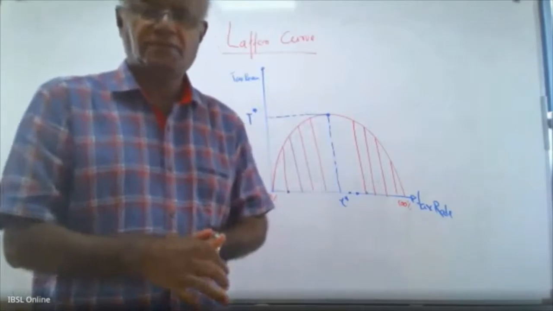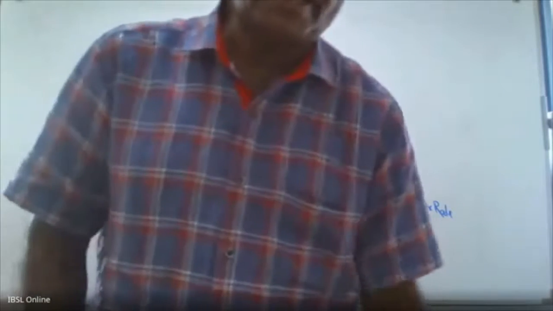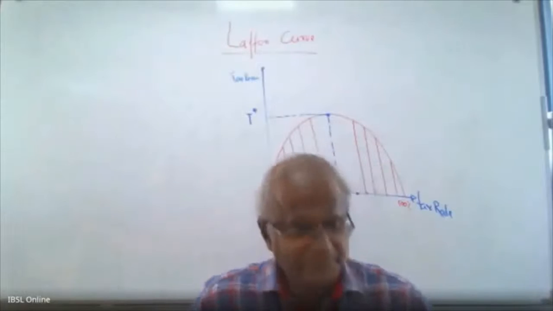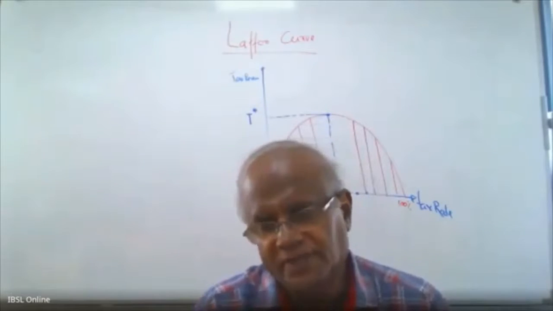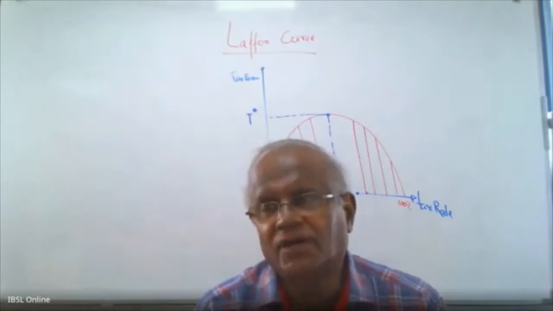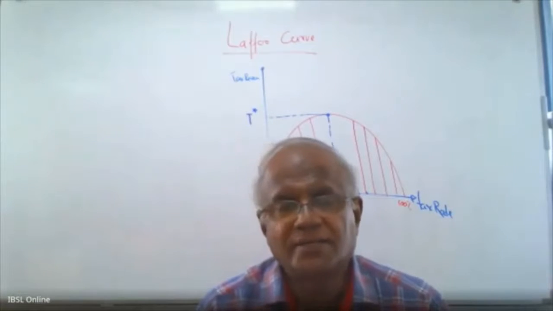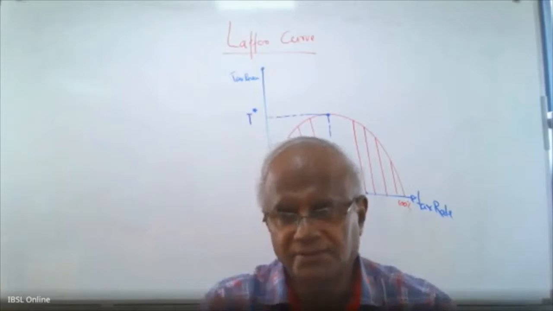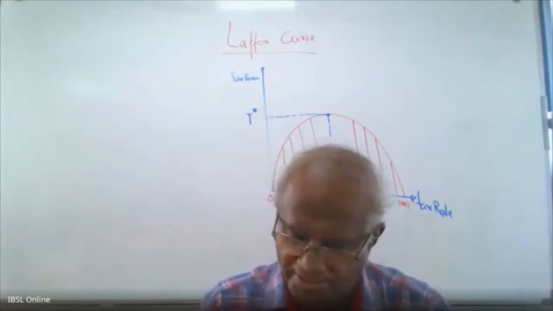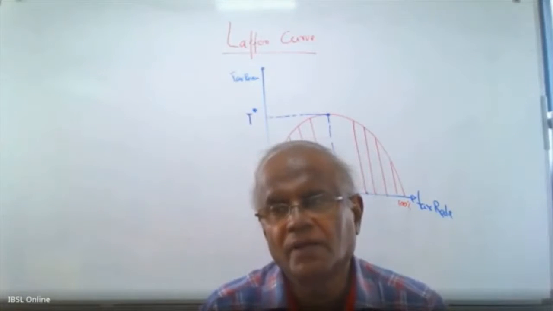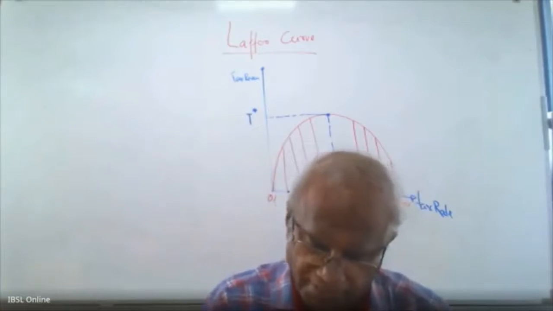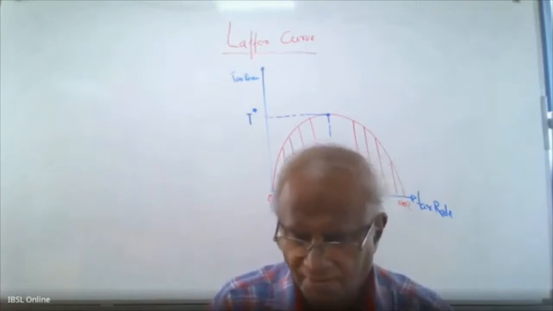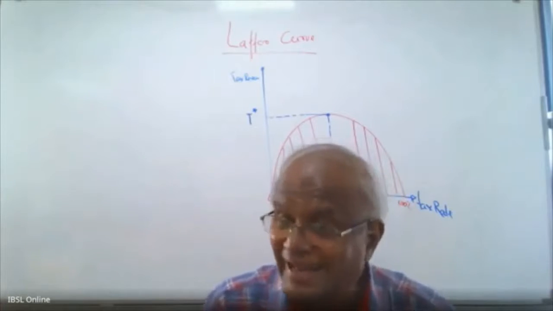Right? Now this is a very, very interesting curve. Professor Laffer has an interesting story. He went for dinner with one of his friends at a restaurant, and drew this curve on a napkin. Then he argued that it is important to decide